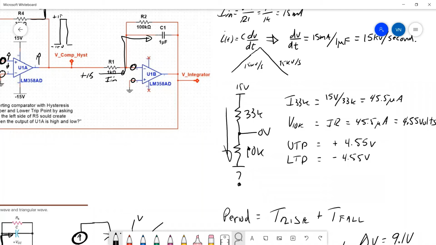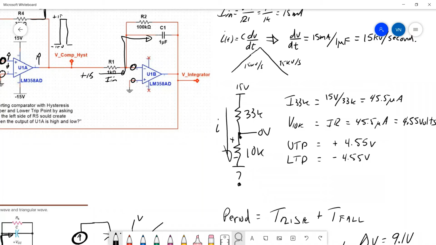So in order to do that, what I would do is figure out the current through these resistors, and then I could figure out what this voltage is. So the current through the 33K ohm resistor, this point is 0, this point is 15 volts, is 45.5 microamps. So that current is flowing down here. It cannot go that way because that's an open circuit. So it must continue to go down through the 10K,